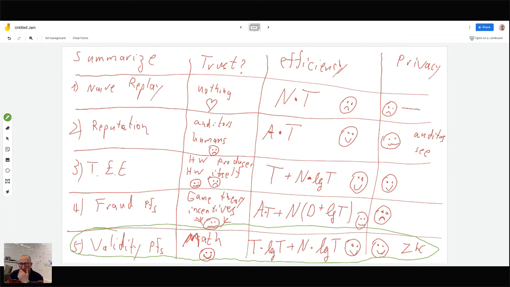Okay, second question. Bent. I guess for validity proofs, wait, sorry, let me go up, the one with the 2 votes. Okay, also by Bent. You gave some nice theoretical scaling equations. Is there any way to compare these in some practical way? Are there any hidden constants or practical considerations?